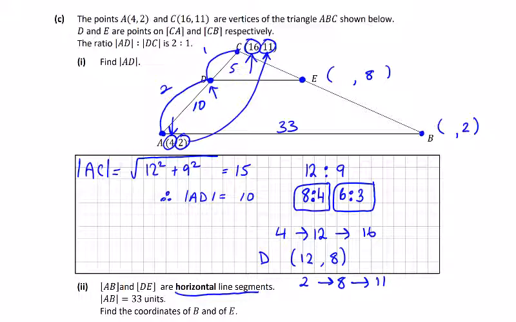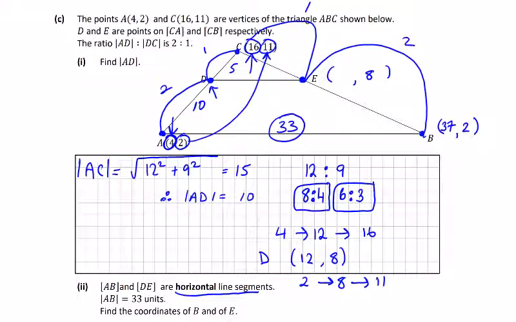So now we just need the x values. And 33 will help with the bottom one. A starts at 4. The jump of 33 is going to get me to 37. So B has to be 37, 2. And to get the final part of B, CE is going to be in the same ratio with EB as the opposite side, the 2 to 1. So this is my 1 and this is my 2. So we're going from 37 here